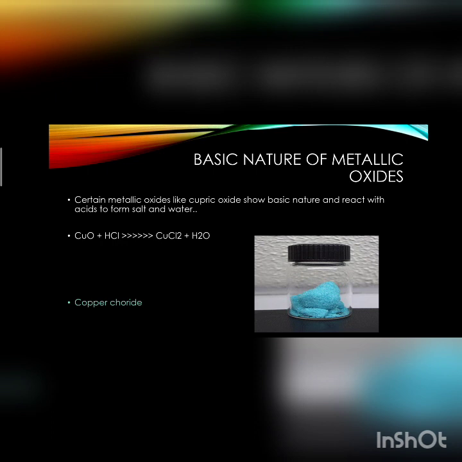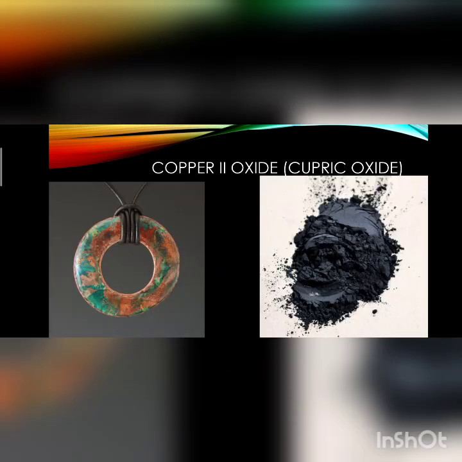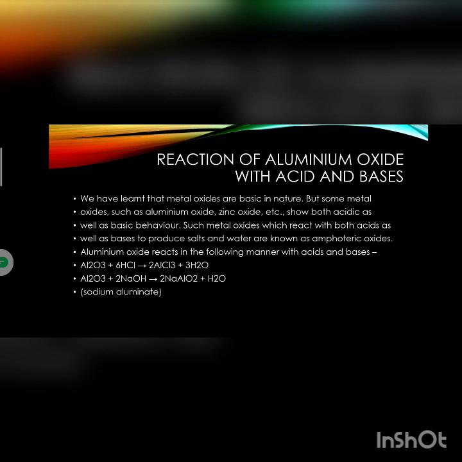In this video, we will see the basic and amphoteric nature of metallic oxides. Mostly, many metallic oxides are basic in nature. For example, copper. We have already seen this equation in the previous chapter. CuO plus 2HCl gives CuCl2 plus H2O. Since copper oxide is basic in nature, it reacts with acids,